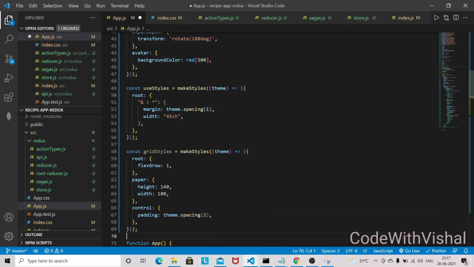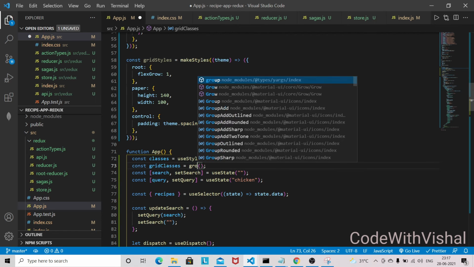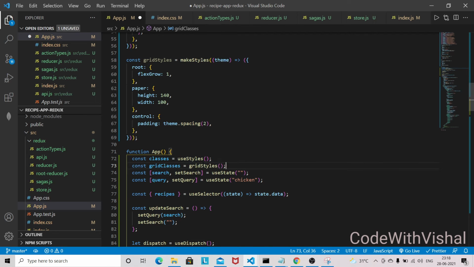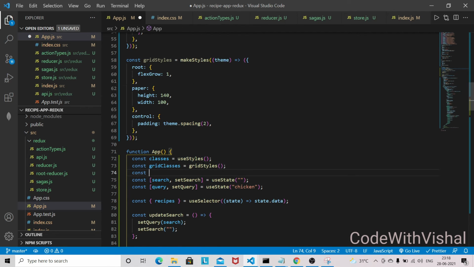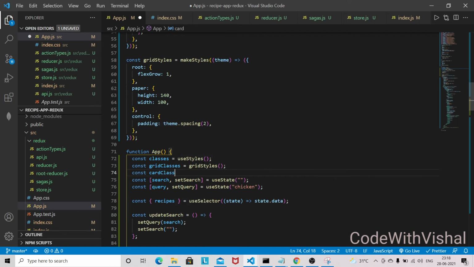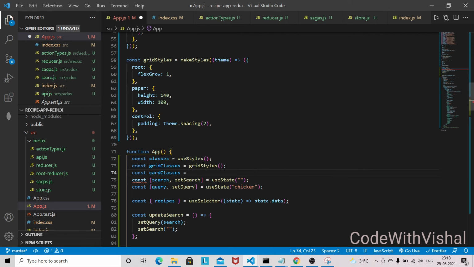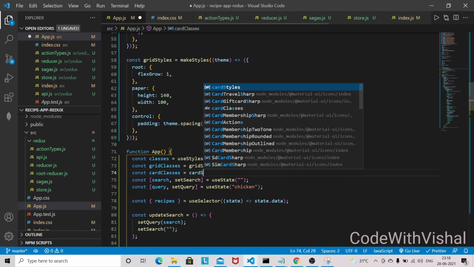And guys, this was not used in our component, so here we need to give the grid style, and we are also going to use the card style as well. So I will be giving card classes equal to what we have given, card style.